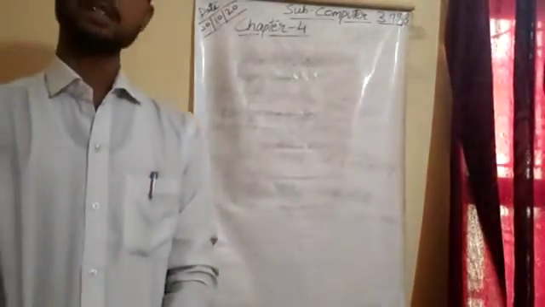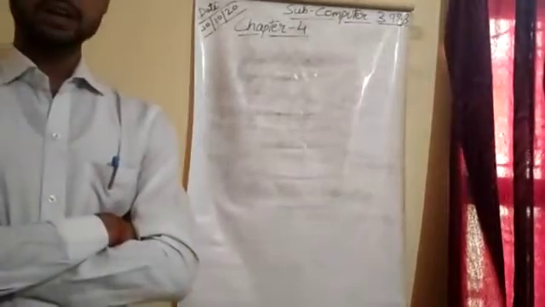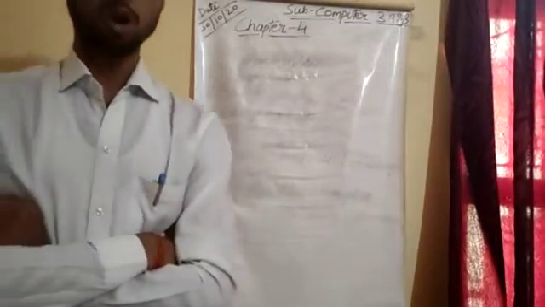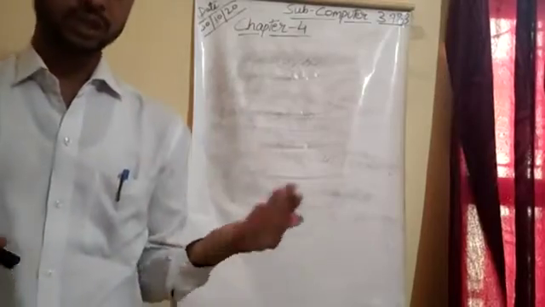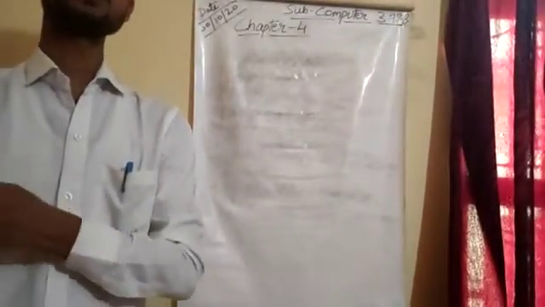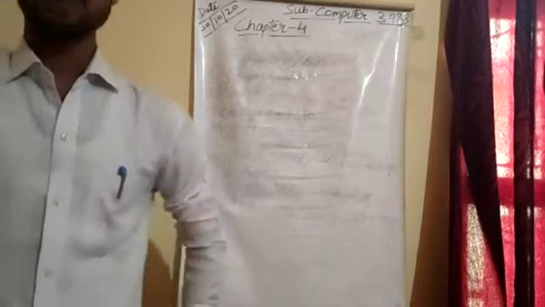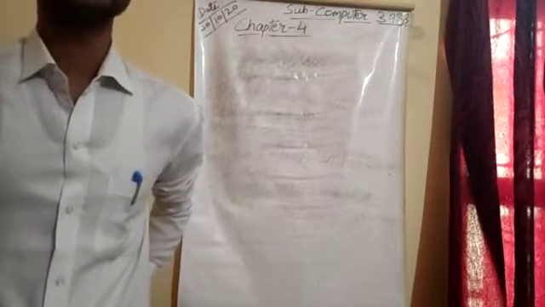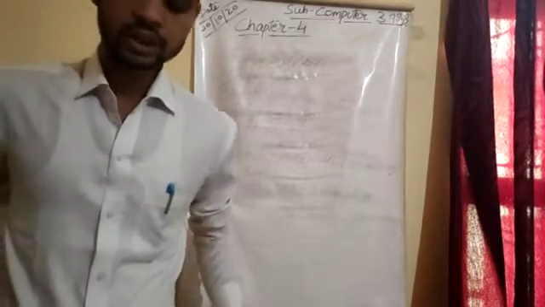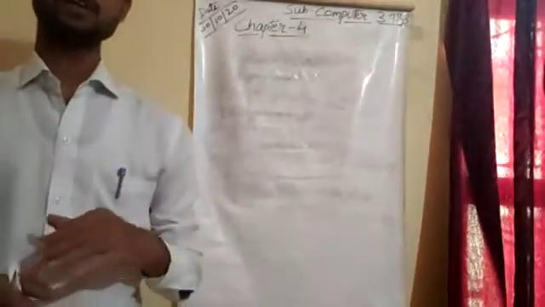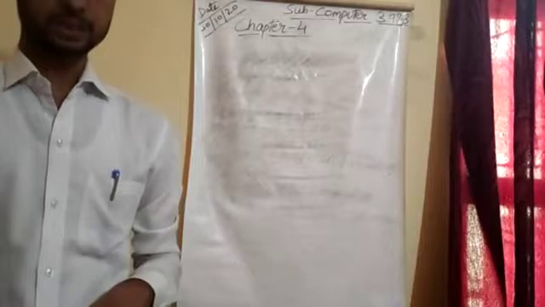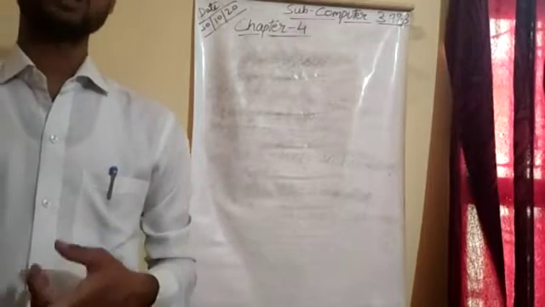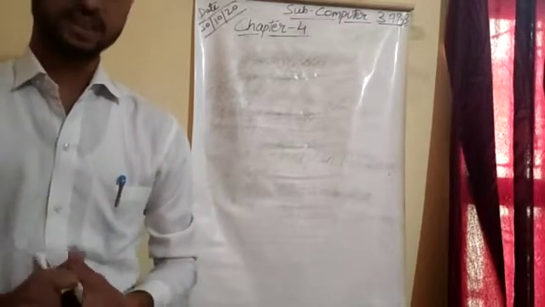Parts of the MS Word window. Title bar. It appears on the top of the screen. The title bar displays the name of the current document. It also contains minimize, maximize and close buttons. Quick access toolbar. It is present on the title bar. It contains common shortcuts like save, undo, print, etc.